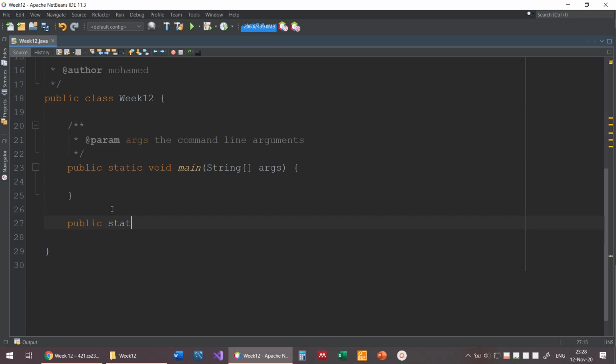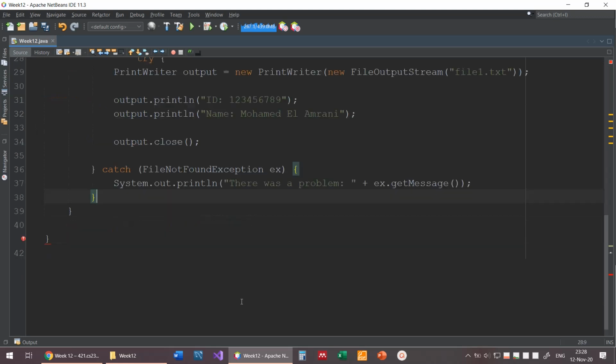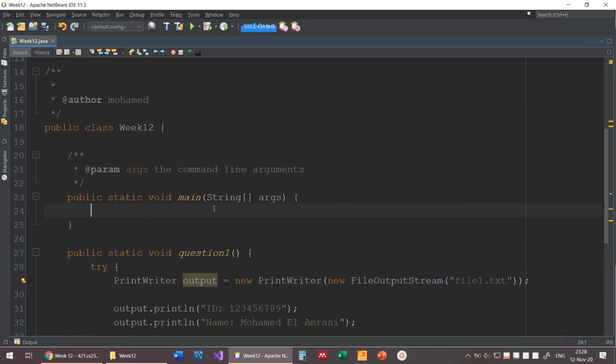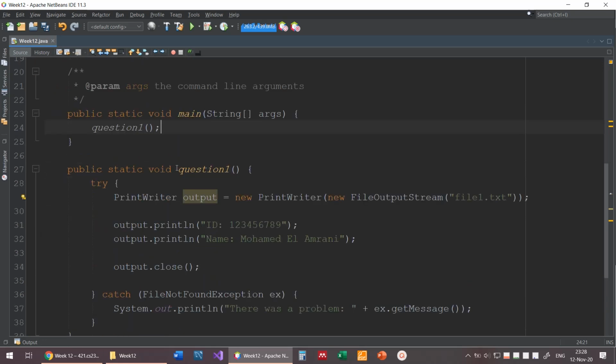Public static. It has to be static because I'm using it from the main. Void. I'm going to call it question1. How about that? And I'm putting this there. And then all I need to do is I use question1. This is going to execute this. If I'd like to use question2,